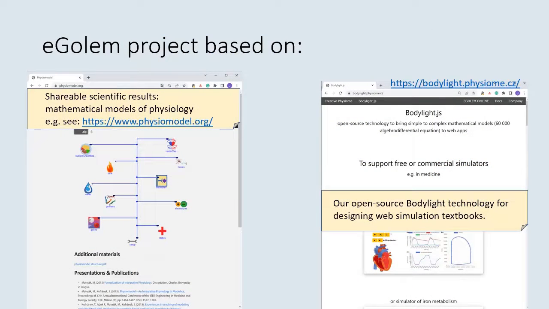The E-Golem project is based on shareable scientific results, mathematical models of physiology. We have been engaged in the mathematical modeling of physiological systems at our faculty for decades. The second pillar is our new open source BodyLight technology for creating web simulators.